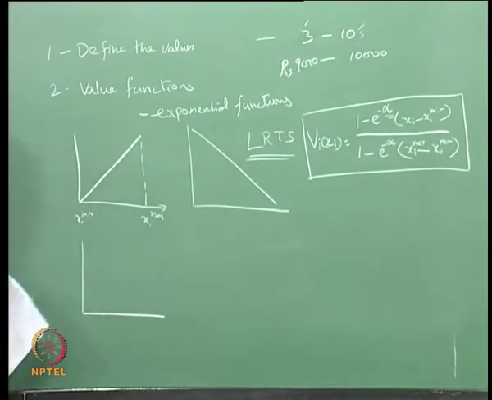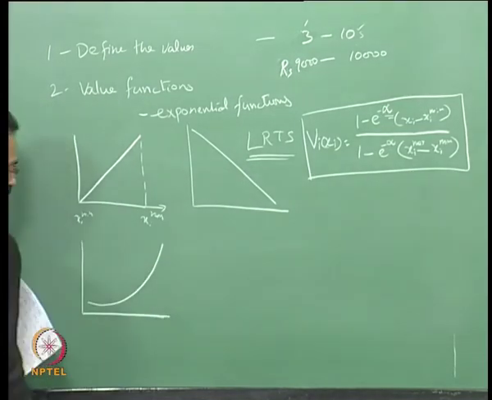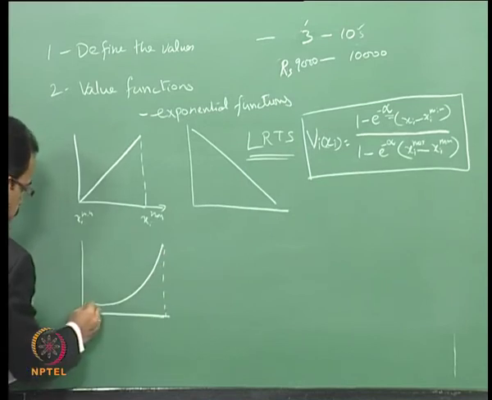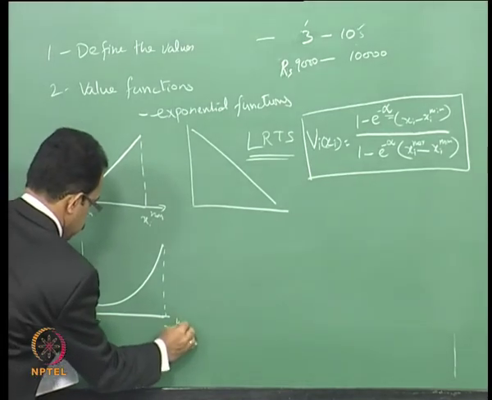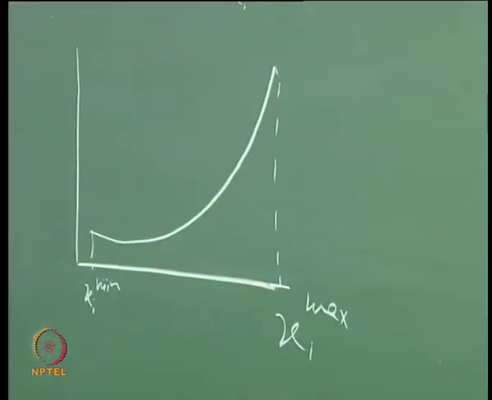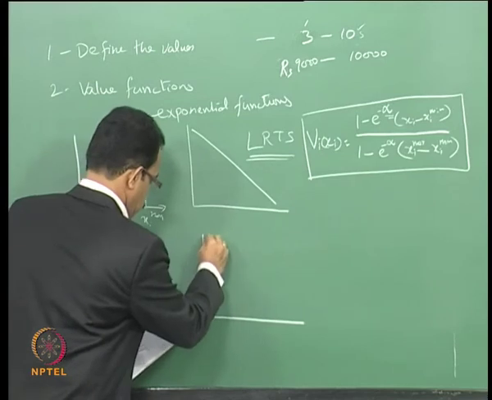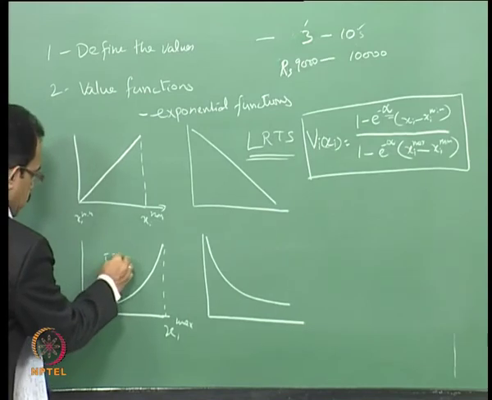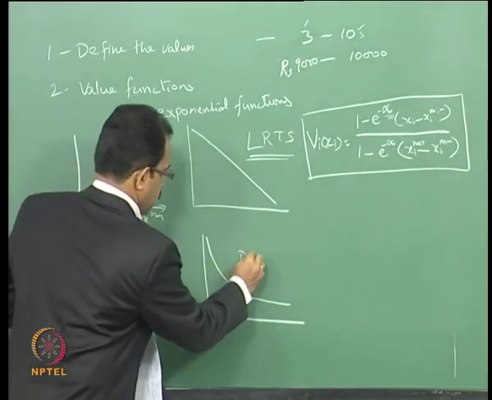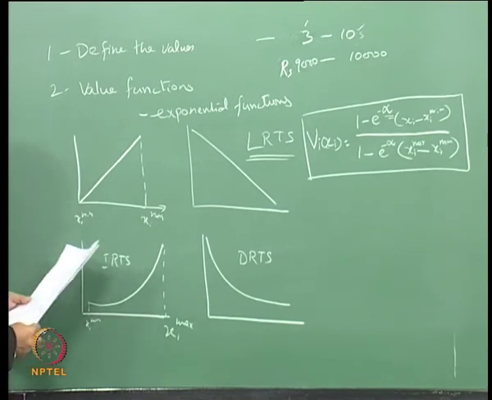Or you can have an increasing return to scale. Increasing return to scale is like this. As you go up, the return increases. So, this is an increasing return to scale. Again, this is xi min and xi max. Or you can have a decreasing return to scale. So, this is increasing return to scale, and this is decreasing return to scale. You can have any one of these 4 functions, and apart from this you can have other functions like